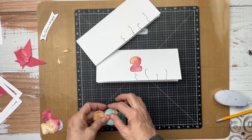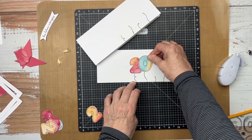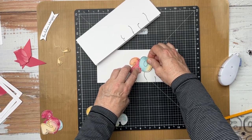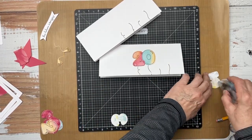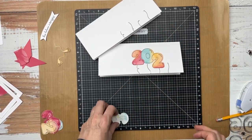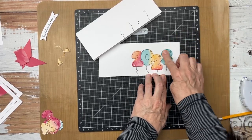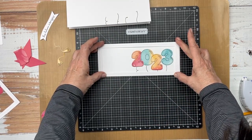And I really like the way it looked, where they were just kind of overlapped, like balloons in a balloon bouquet that are sort of just touching each other, and they can spell out 2023 and just look cohesive, but yet have all the flavor. I just feel like it's flavors. I don't know why. It just reminds me of a mix of those really bright, fun colors. And I love that wash look, almost a tie-dye look and a marble look and a wash look all in one. And so I'm just sort of alternating some colors and getting them to where I think that looks really cute, and yet leaving enough space so that the frame can go over that,